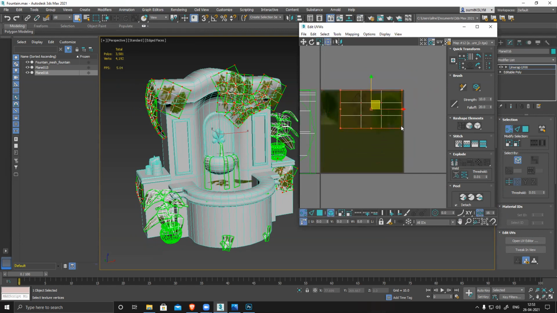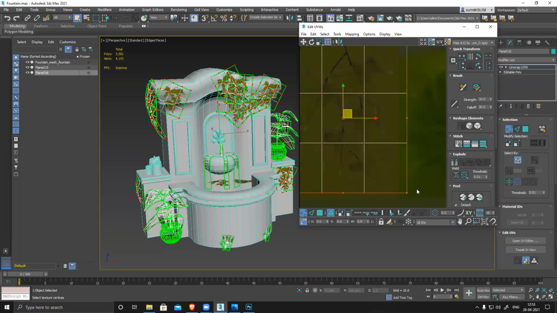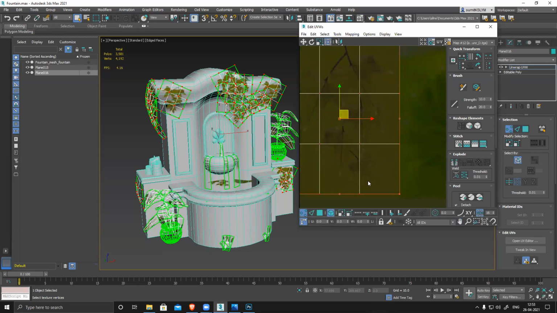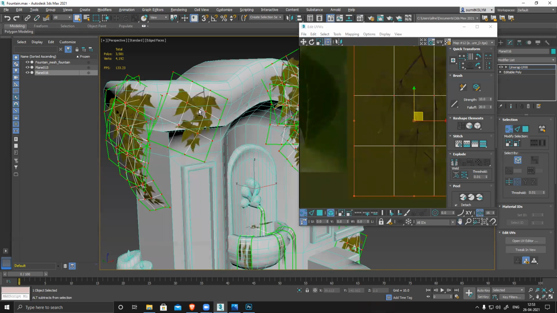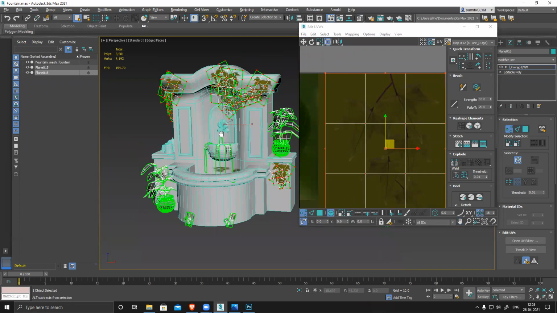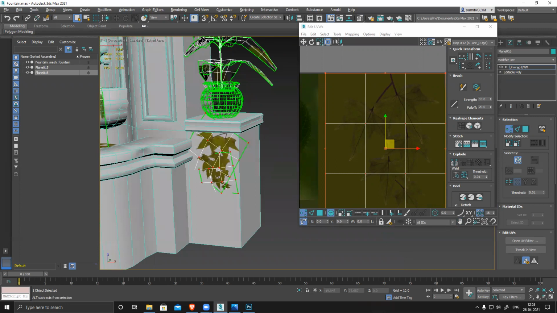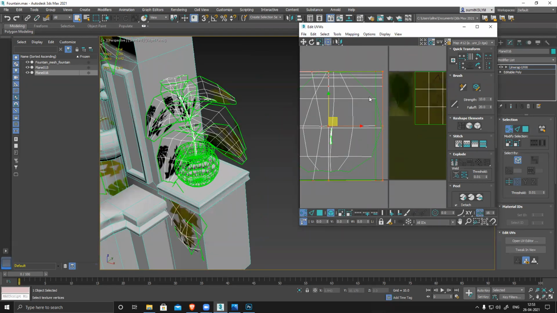Now I have to place it here. Make sure nothing is overlapping. You see, only and only IV is visible. In a similar manner, now select this one.